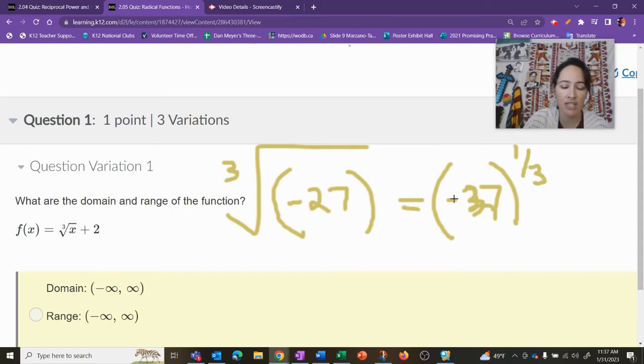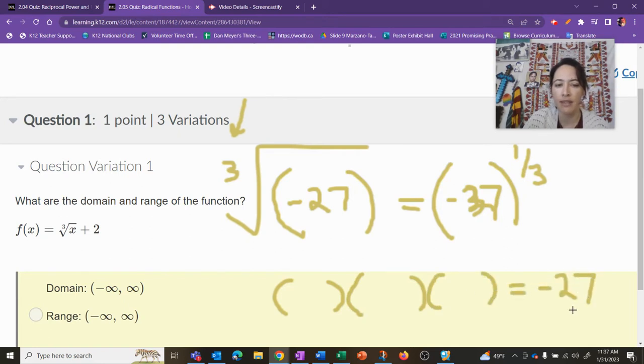What this notation is asking is for some number that, when we multiply it 3 times by itself, so inside this blank, out pops negative 27. There are indeed positive and negative numbers. So we can have negatives as an input for our domain for odd